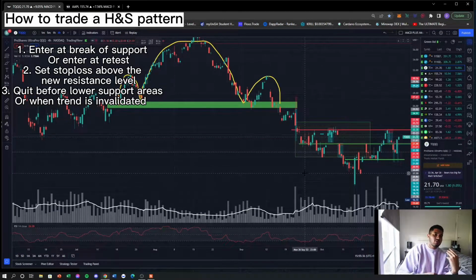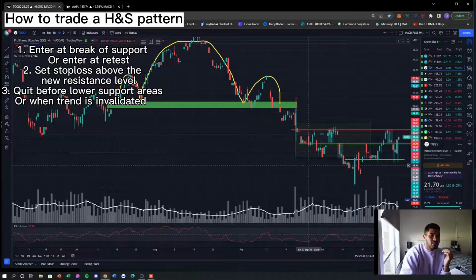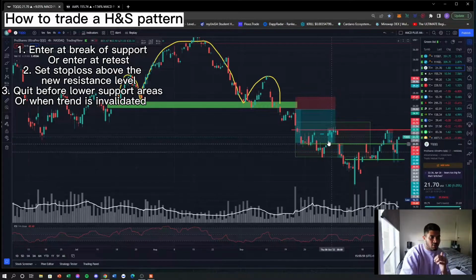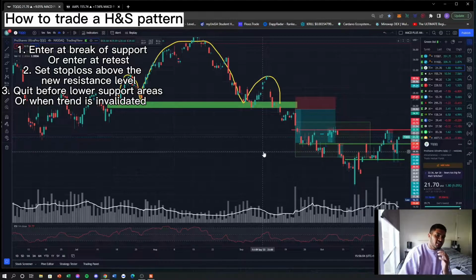So what I would do is I would quit at that level, which is the previous lower low. So that would be here. This is when I would, this area is where I would quit my trade. So let me just draw that. If I was to draw that here, yeah, at somewhere around this area, that's when I would quit the trade, because that's when our trend, which is